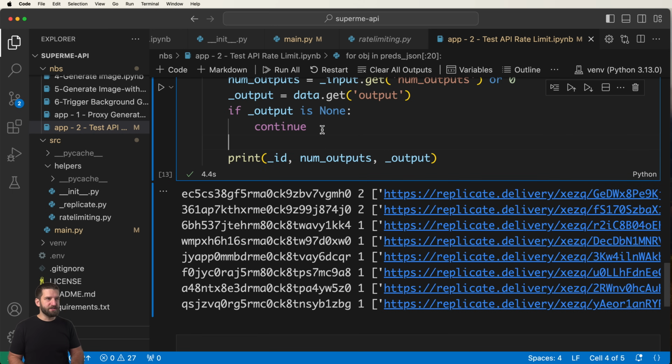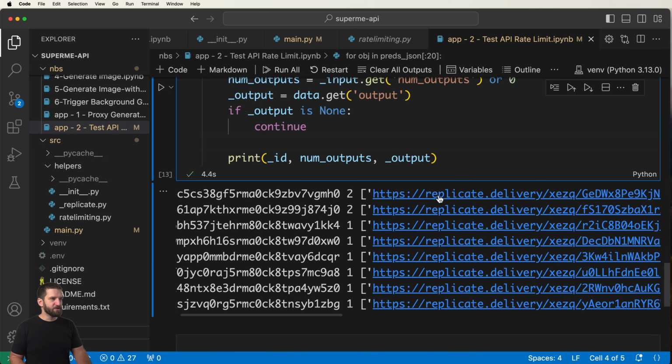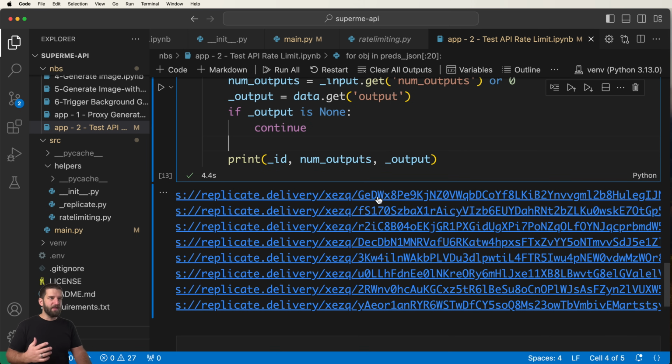So what I want to do now is actually see those outputs. Let's take a look at the print statement down here. Here's this long URL. Now, one of the things I want to do with my API is I don't want to share this URL, especially if I move from Replicate to something different, right? So if I were to build out a different AI-generated model service, I want to make sure that my API can adjust to that. The way it's going to adjust is by having my own detail view for those individual images, for those actual outputs. So that means I want to grab the names of them